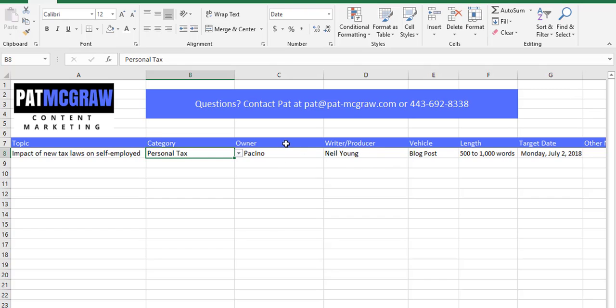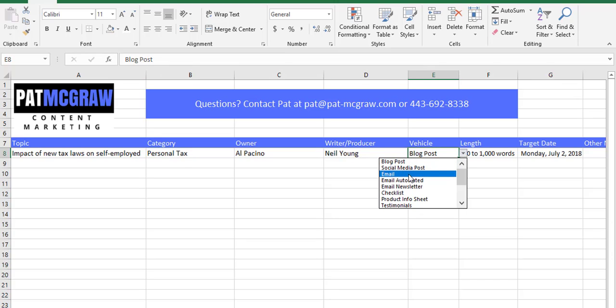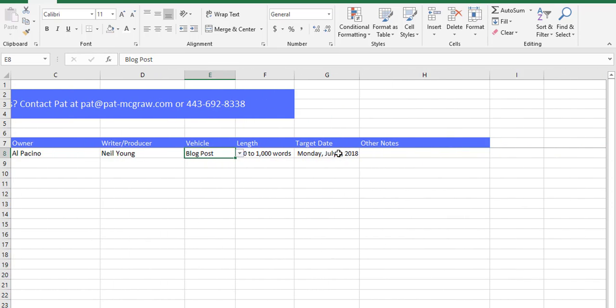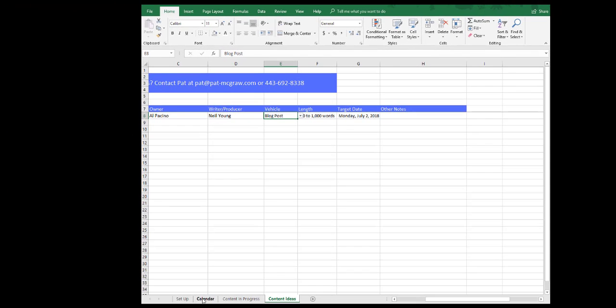It could be the same team, so that may not be necessary for you. The vehicle: social media post, email, automated email campaign, newsletters. We try to put every type of content that we create in here, and the ever popular other. Length, target date where you want to kick it off is how we use this, and then any other kind of notes. So these 3 tabs right here